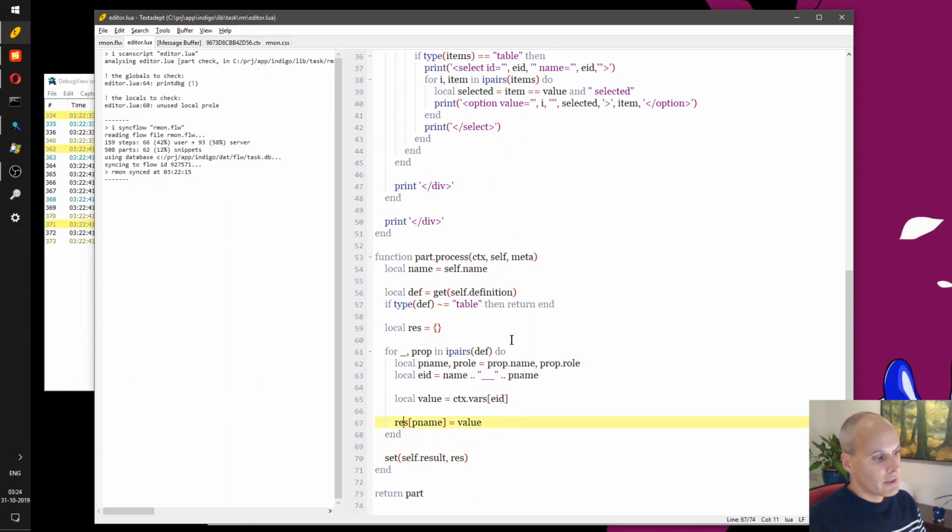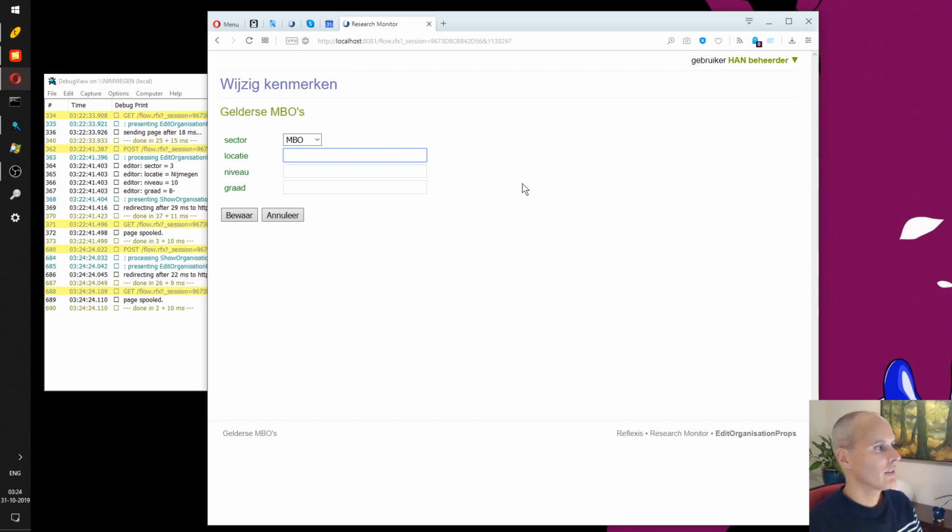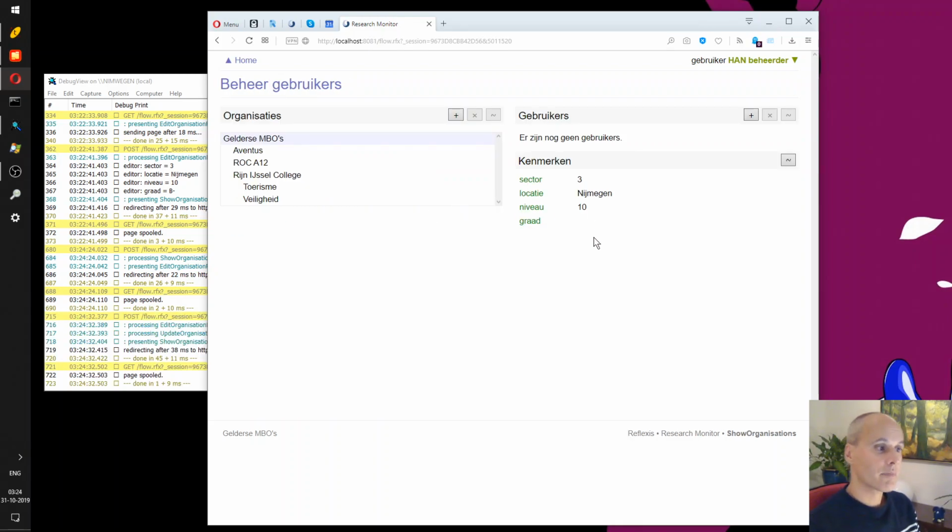So this is one way to go about it. Well, we could actually try this out. Why not? This compiles. This I don't need. Let's say Nijmegen again for niveau 10 and then say save. And what you see here is the viewer displays Nijmegen and 10, and it actually messed up the sector because